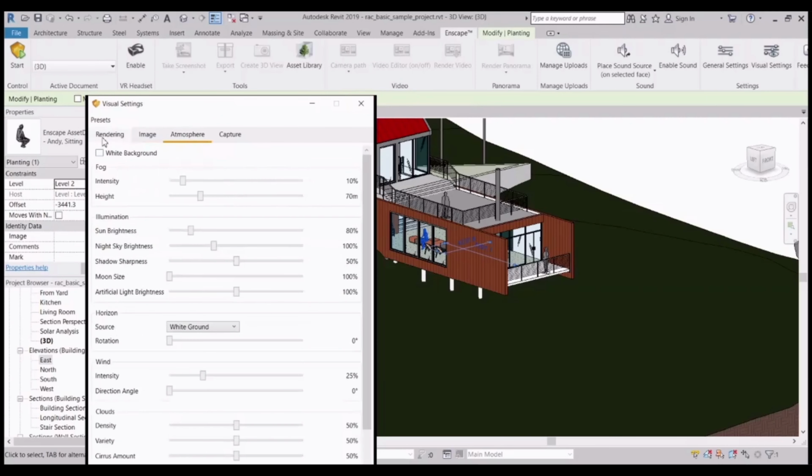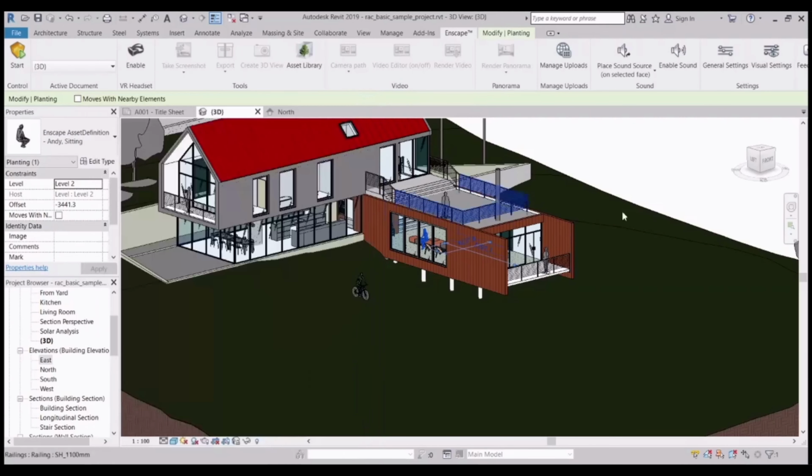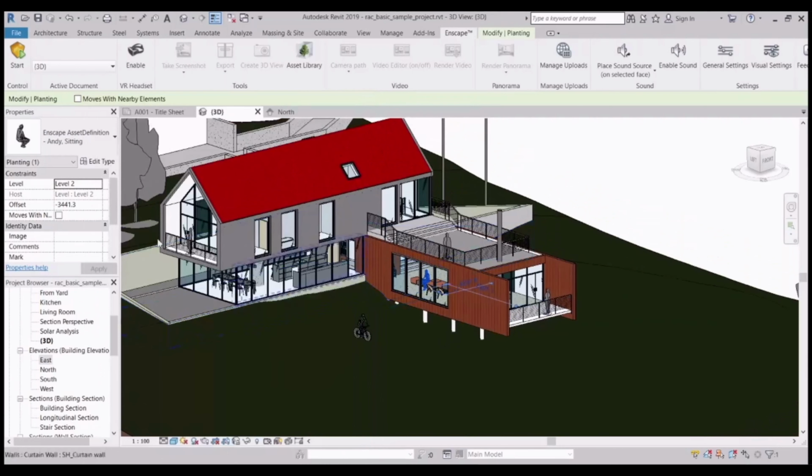So that with a practical example you can understand better. So let's switch into start. It will take some moment.